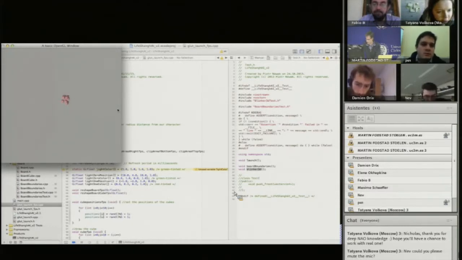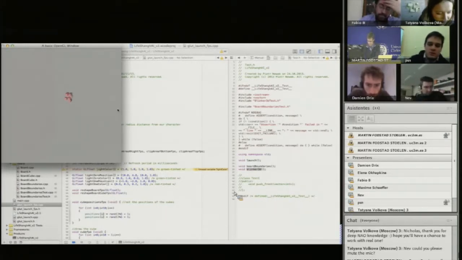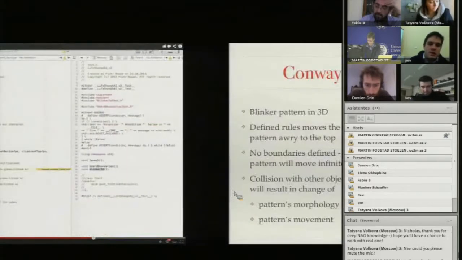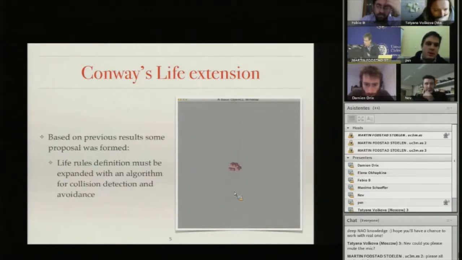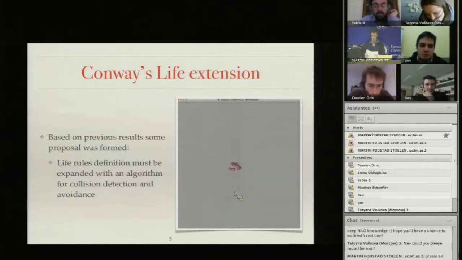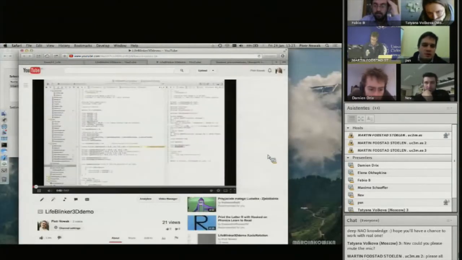If he will collide with another blinker, the morphology of this obstacle will change, and the movement of this obstacle will change the same way. So there was an assumption that we need external new rules that change the behavior of the pattern. Therefore, there was an implementation of